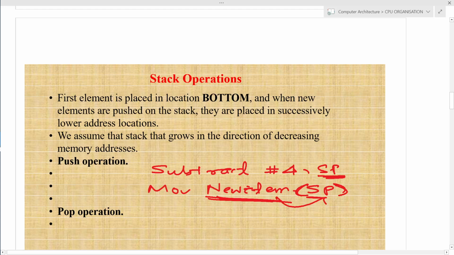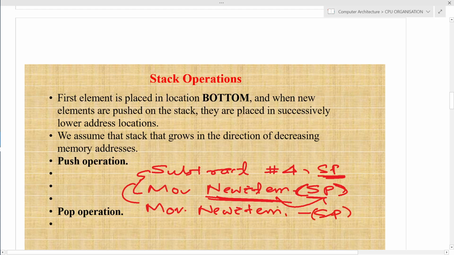These two statements can be written in a single line by using the auto decrement operation on the stack. I write move new item, then decrement the content of the stack pointer, this way.